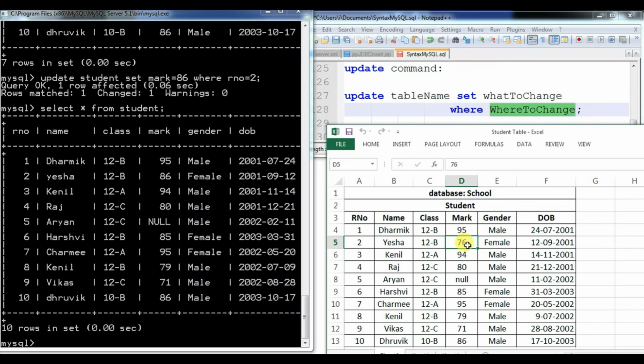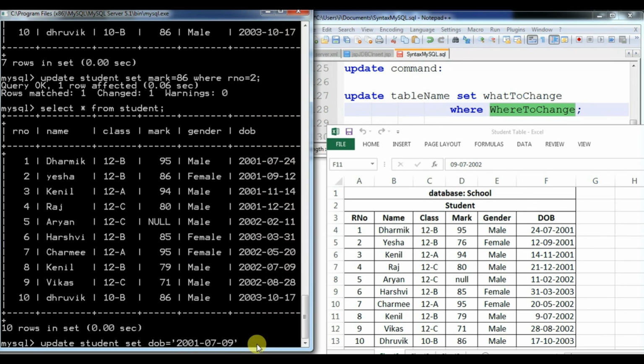Not only numeric values, you can apply it to character values also. Let's try it on date of birth. See, for Canil, I had mentioned the date of birth as 9/7/2002. Suppose I want to change the date of birth from 2002 to 2001. Then you write the same statement, UPDATE table name, SET. After SET, what exactly do you want to change? I want to change date of birth, as per the date format, to 2001-07-09. It was actually 2002, and I want to change it to 2001.